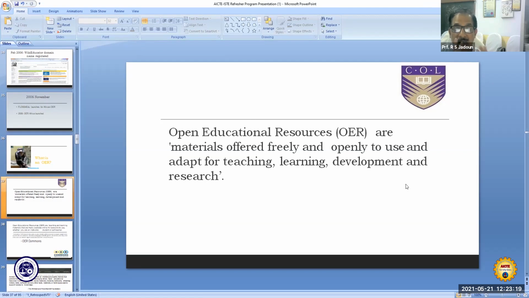OER are those materials which have been offered freely and they can be openly used and adapted for teaching, learning, developing, and research purposes.